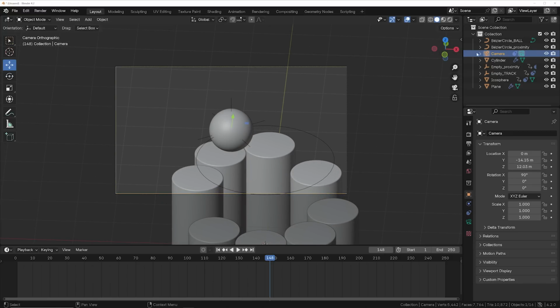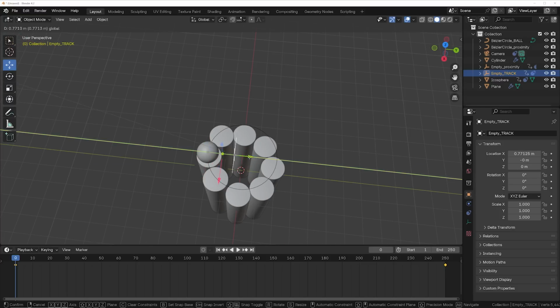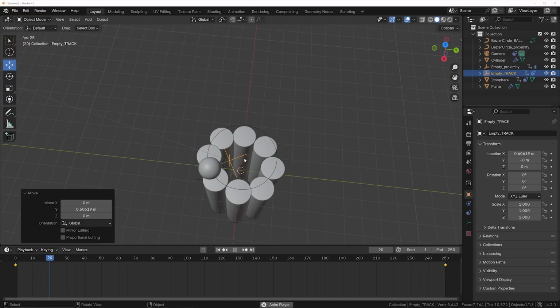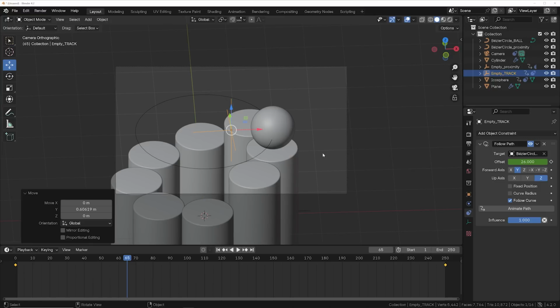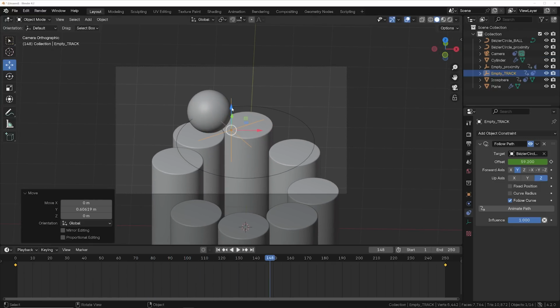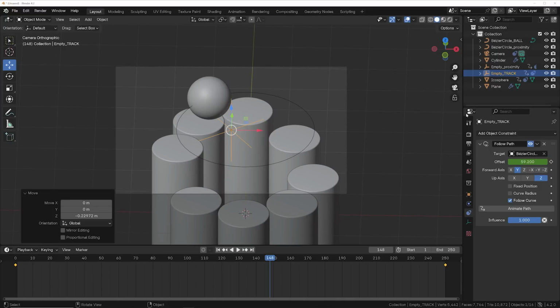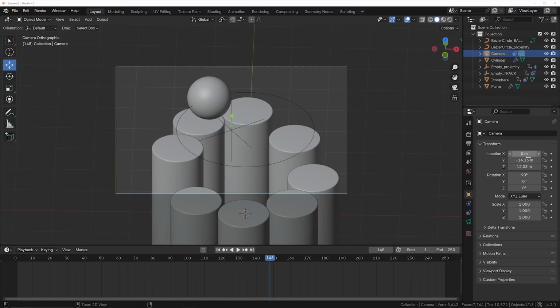And then here on our empty track, I'm going to go back to frame 0 just so that we can move him correctly. We'll bring it more to the center. And again, if it's not moving the way you want it, which is sort of right here in the middle and angling properly, make sure you click on follow curve. And so now we can just sort of monitor that. And then we can bring this down. And then possibly bring our camera,